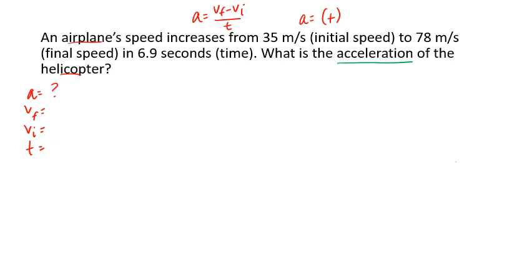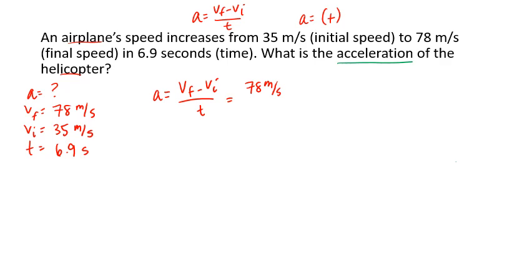It gives us a final velocity of 78 meters per second, an initial velocity of 35 meters per second, and it increases the speed in 6.9 seconds time. This one's going to be very straightforward. We really don't have to do any rearranging of the formula. We can just do what I like to call plug and chug. So putting in our values, 78 minus 35 meters per second divided by 6.9 seconds. This is going to give us an acceleration of 6.23